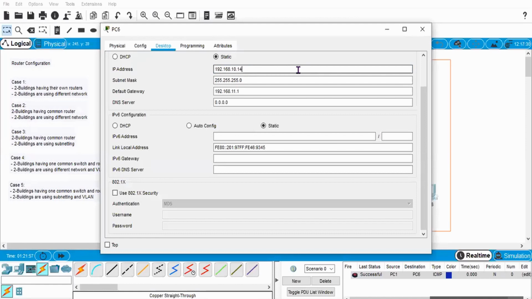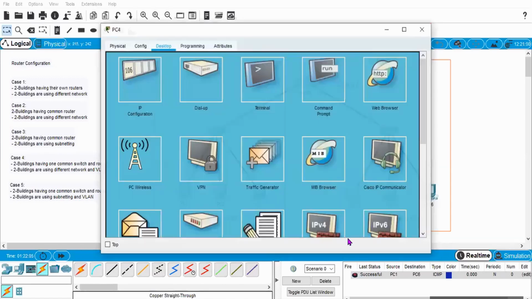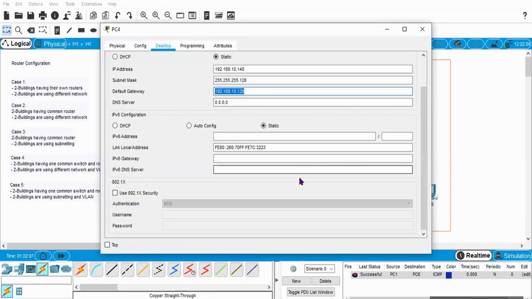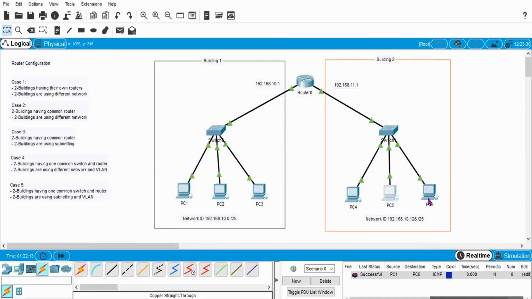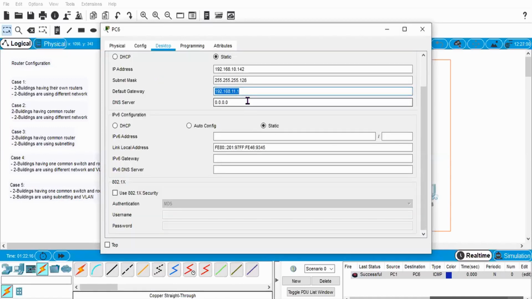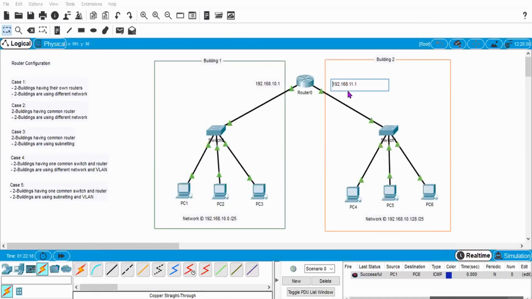This is 142. This is 128. I need to give the default gateway also, which is 192.168.10.129. Default gateways should be common, and here also I will change the default gateway as 192.168.10.129.